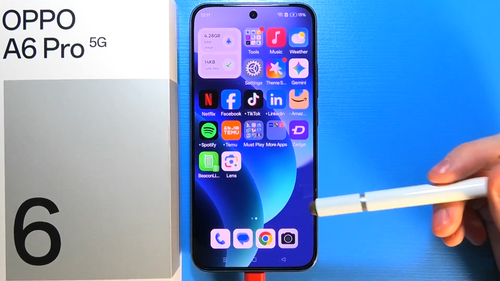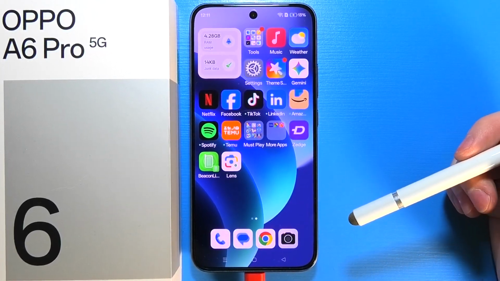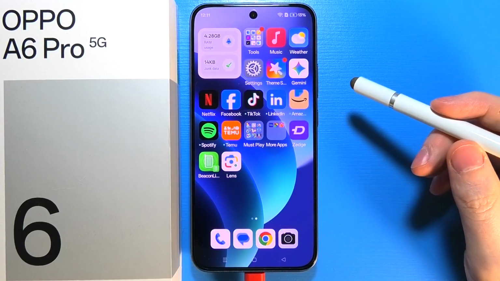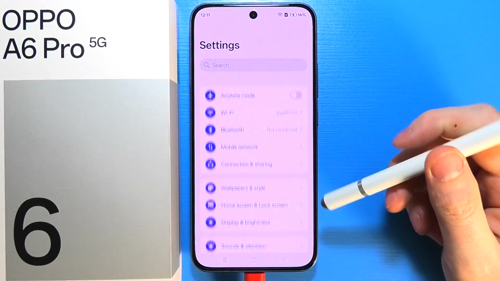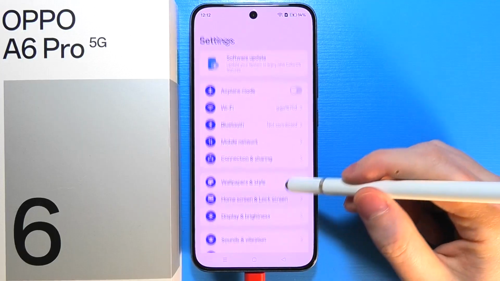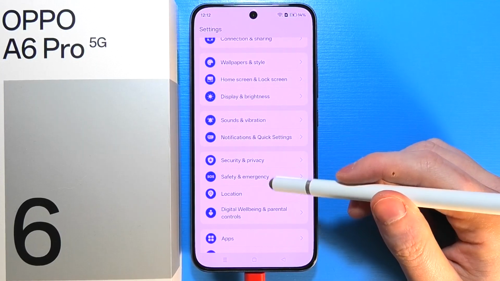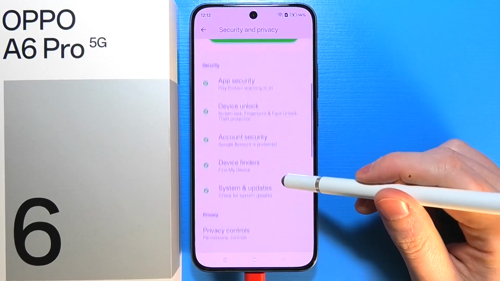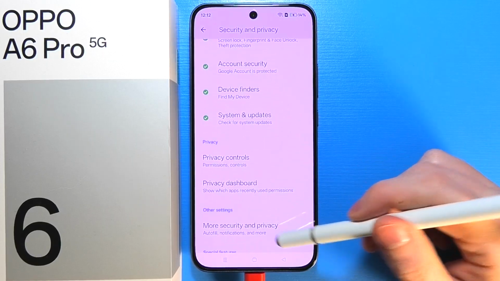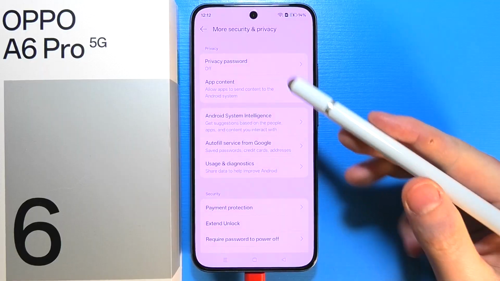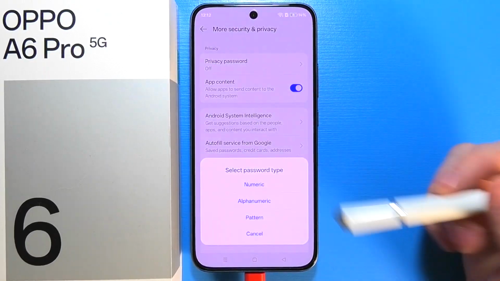To set up or remove a privacy password in Oppo A6 Pro 5G, first of all we'll need to open settings on our device. Next step is to scroll down and here click on security and privacy. Navigate down until we find the more security and privacy settings, and then on the top you can find privacy